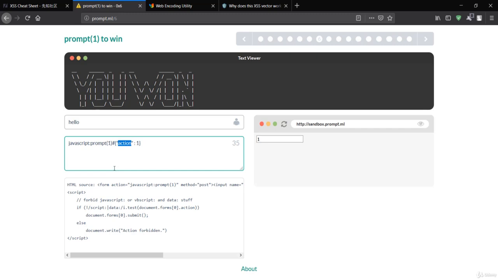The best way to get around this is not to allow the name or ID attributes in user-controlled HTML content. In this case, we made use of this actions attribute being replaced with this prompt. That means we made use of DOM clobbering. We accessed the elements of the HTML to inject our own code of this prompt.